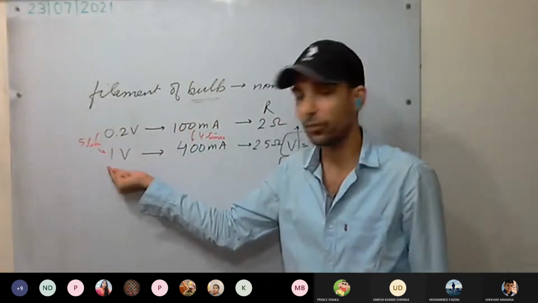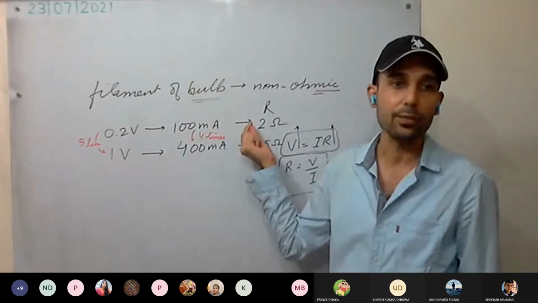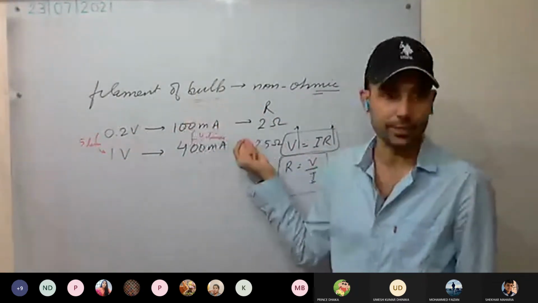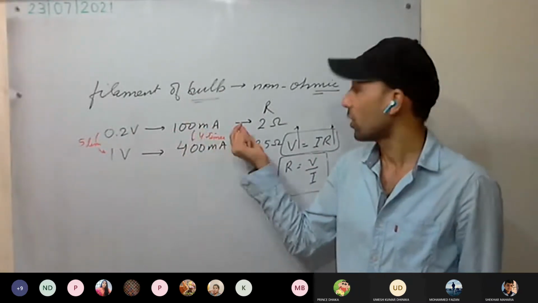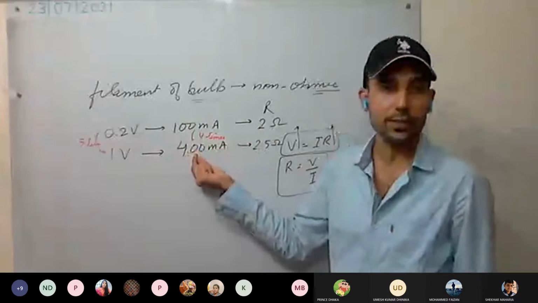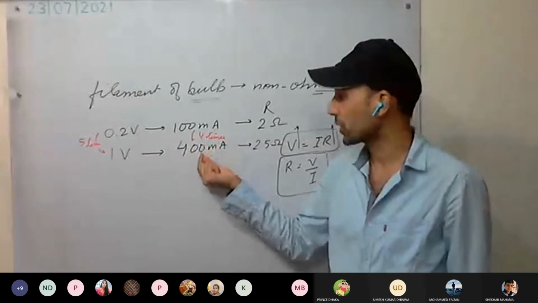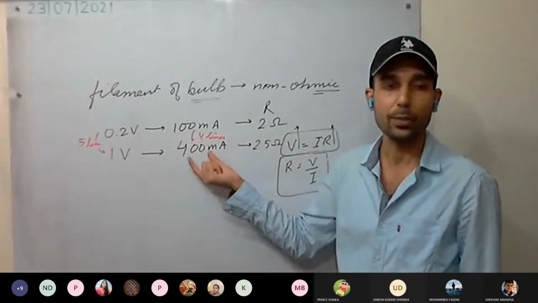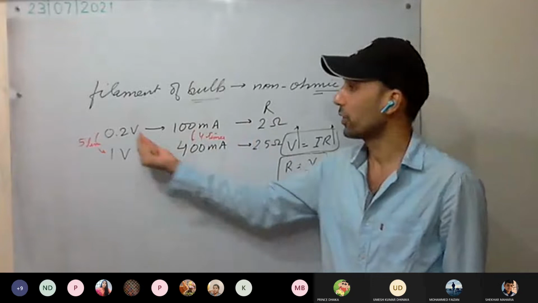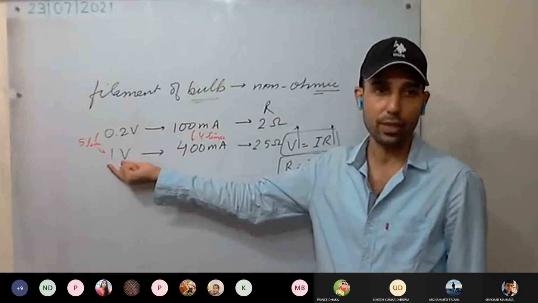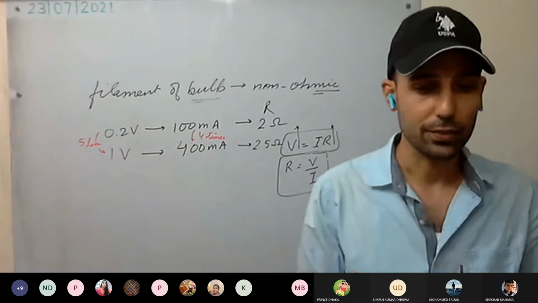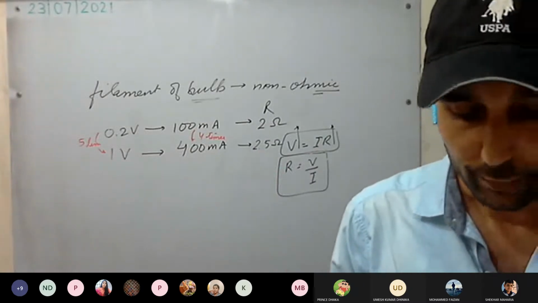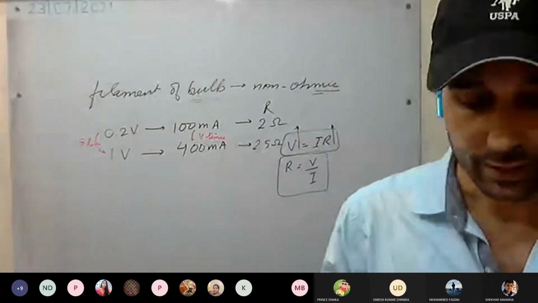With increase in potential difference, the resistance of the filament of the bulb increases, and that's why current reduces. Rather than saying current reduces, we can say there will be more obstruction to the flow of current, or simply you can say resistance increases. So with the increase in potential difference across the filament, the resistance of the filament increases. That you have to write. So that temperature you can cut with the pencil for the time being.